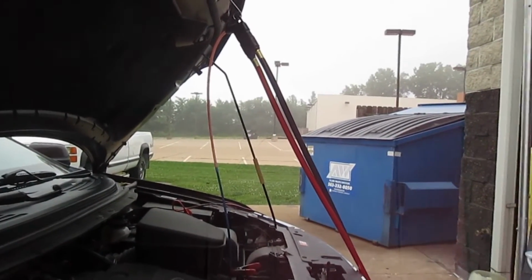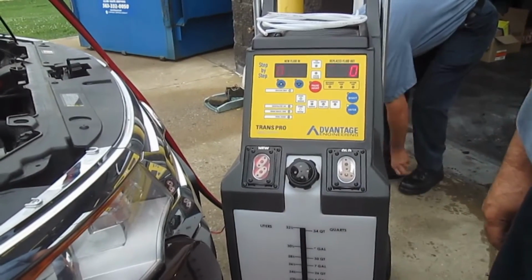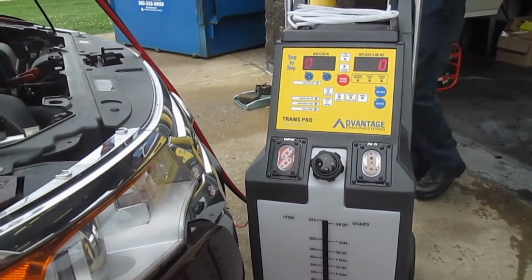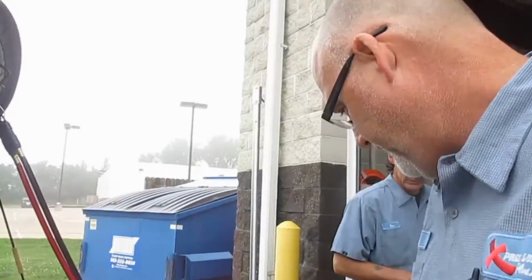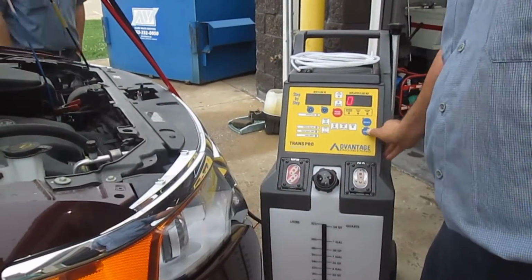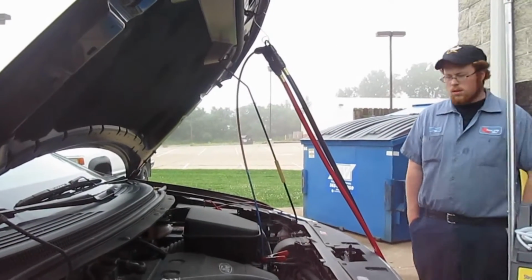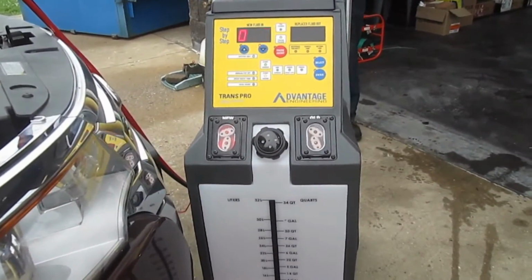Now it says to start the engine. We're going to start the engine so the torque converter can now start rotating and pushing fluid out. You mean the old one? Clear. We're clear. Now I'm going to hit enter. And away she goes, and it'll go through the rest of the process now while the transmission is running,